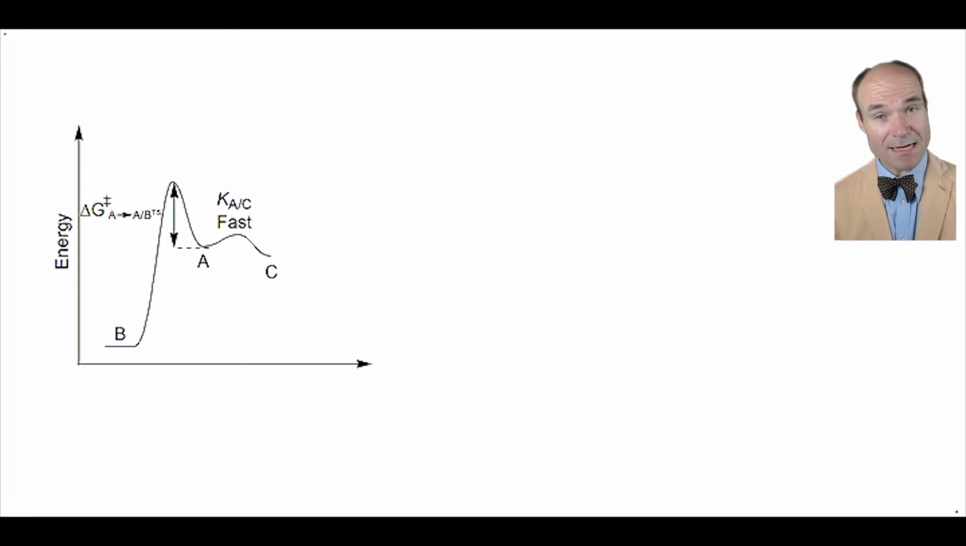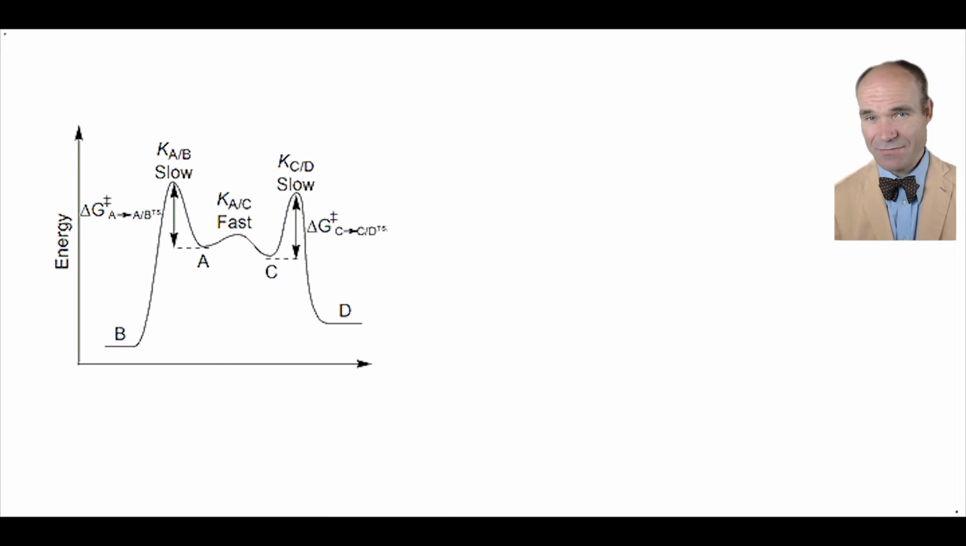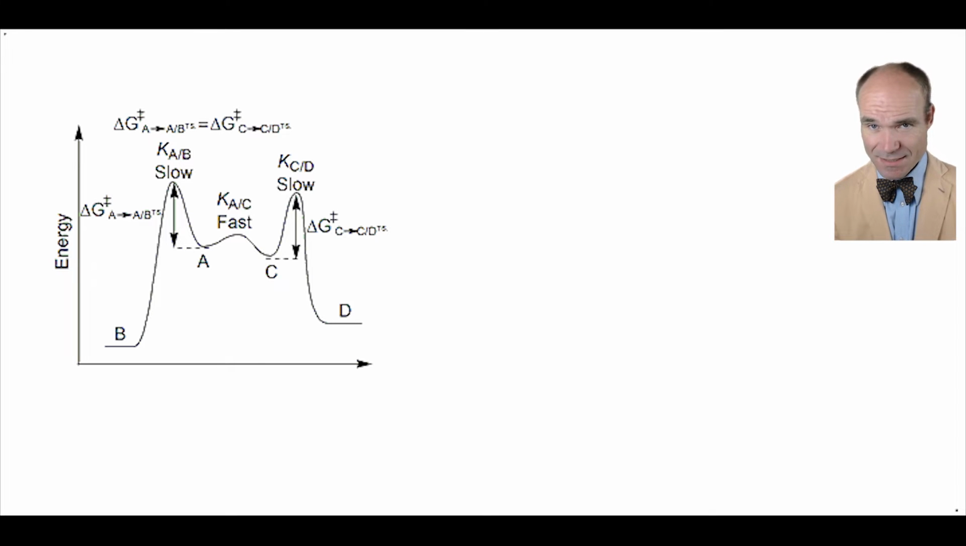C also has an alternate transition state, again with an activation energy significantly greater than the AC activation energy. This irreversibly leads to product D. The conversion of A to B and C to D are both notably slower than the rate of AC interconversion. This is underpinned by their activation energies, and in this theoretical example, A to B and C to D activation energies are